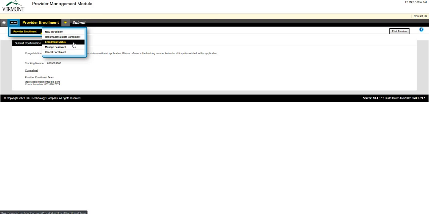Also, if you did choose to finish your application later and you need to resume your application, right above that is the Resume Revalidate Enrollment. So you would click on that, again using your application tracking number